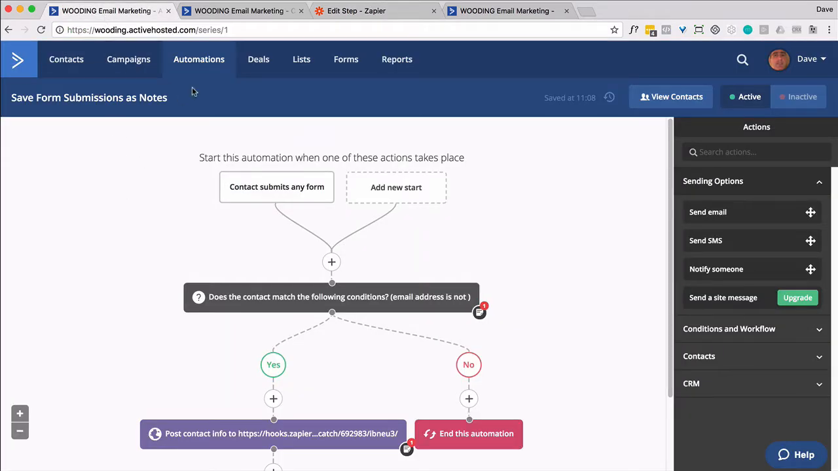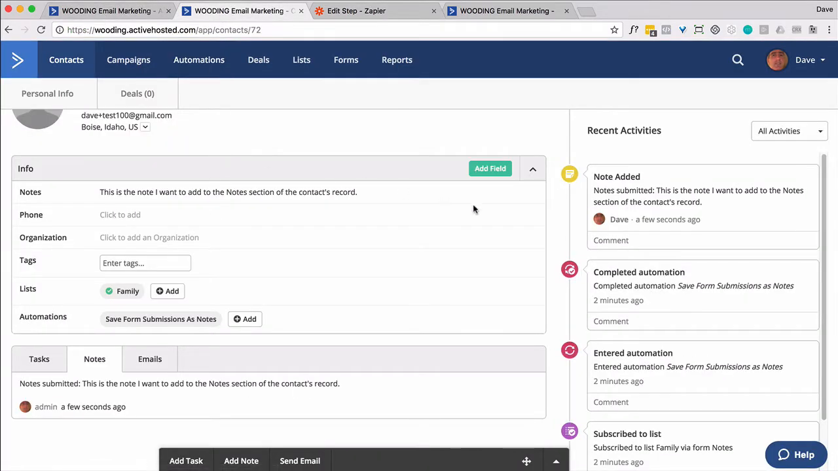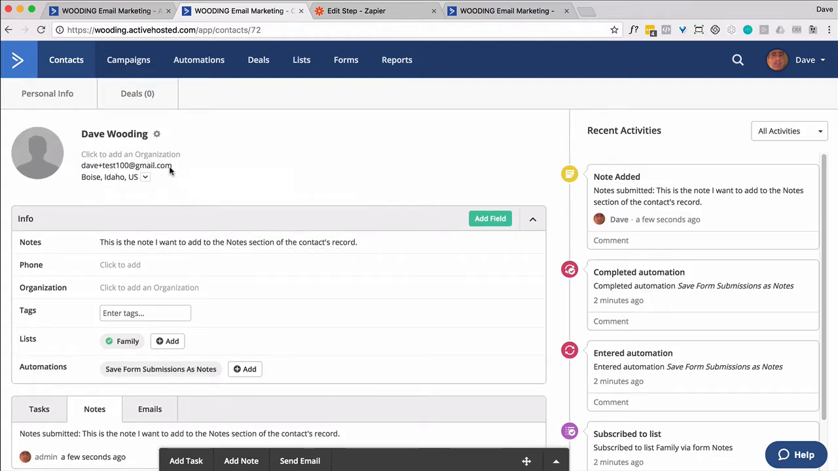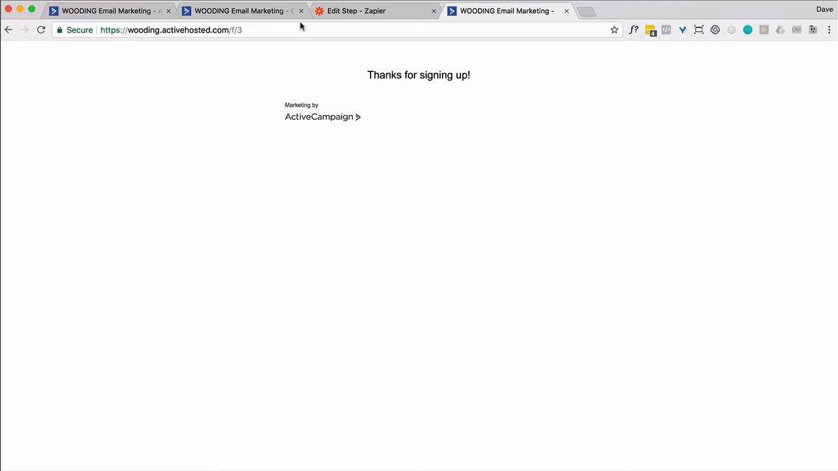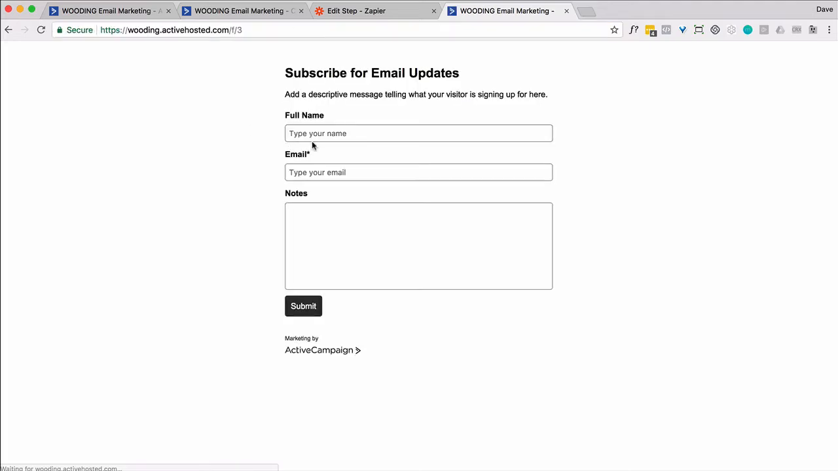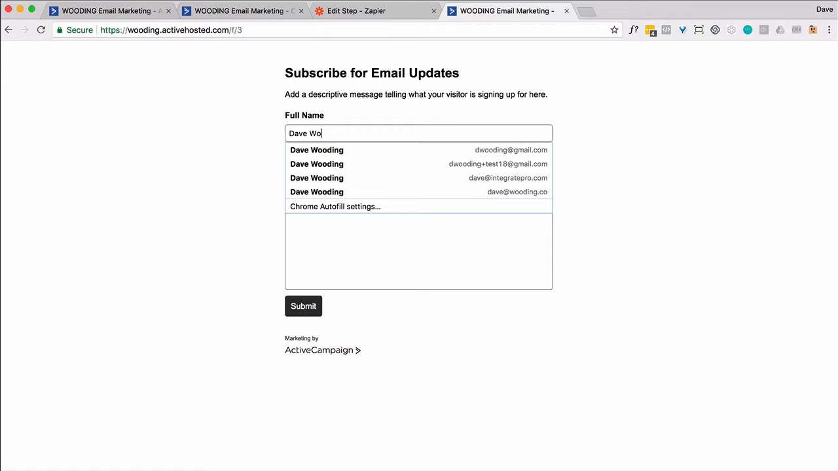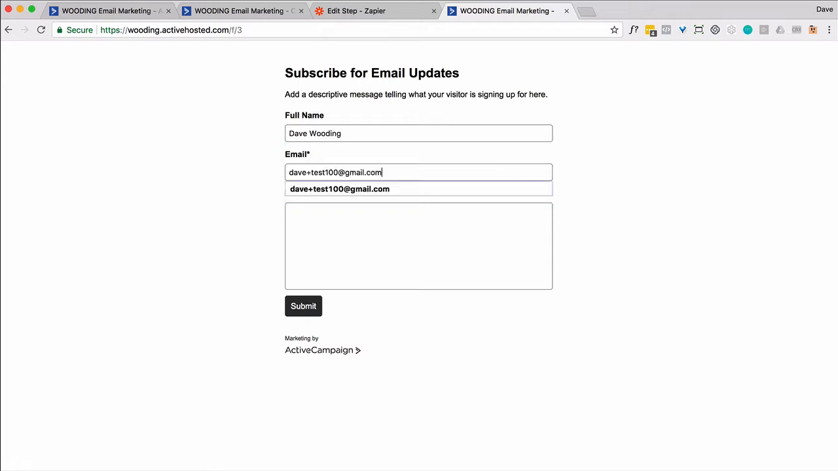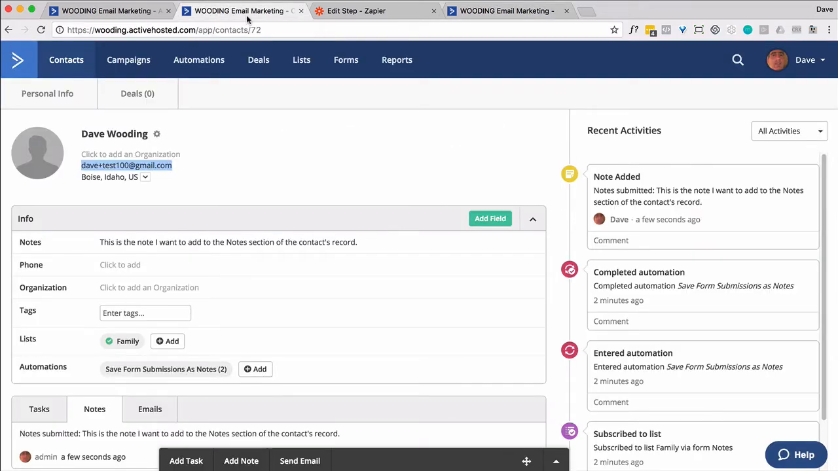Now, let's go back here. And notice a note was added just a few seconds ago, right in here. So in addition to the notes custom field, I have a notes contact record. So let's try that again. So I'm going to use this email address. And I've got it set up such that they can enter that automation as many times as they want. I'm just going to refresh this,